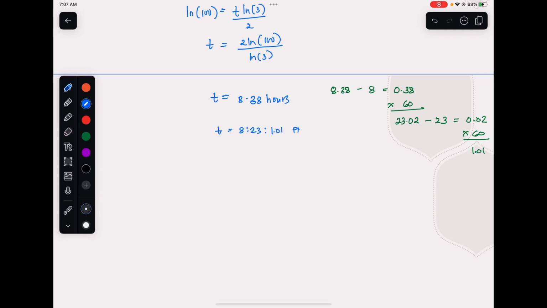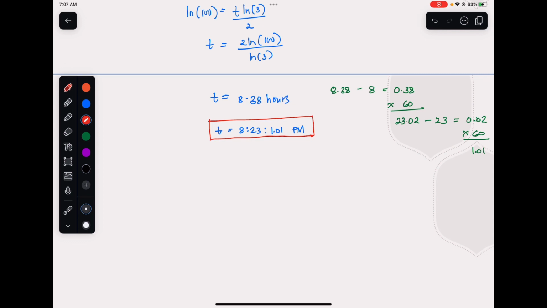And that would be in PM. So this is the equivalent: 8:23 and 1.01 PM. But if we want to do it on our calculator, as soon as we get 8.38